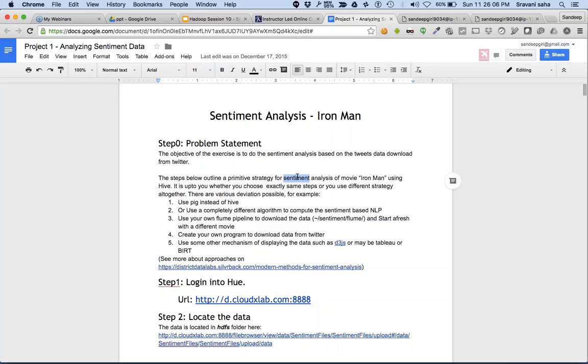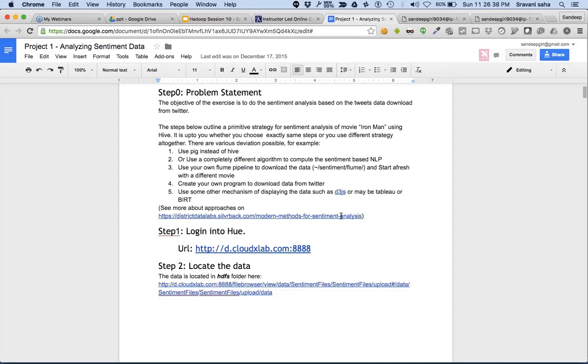Right now, what we're going to do in this exercise is compare each word against a dictionary. And that dictionary tells whether a particular word is negative, positive, and so on. Okay, so we are going to compare each word against the dictionary and find out each word's worth, and then form the opinion about a tweet, whether it's negative or positive. All right. There are many more deviations that are possible.